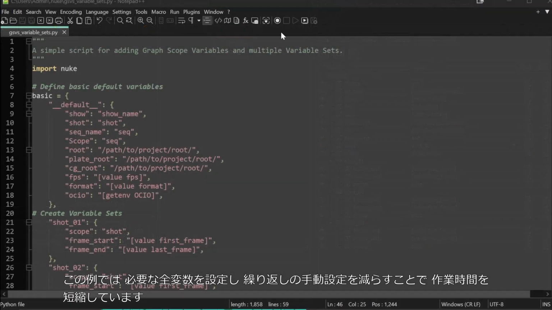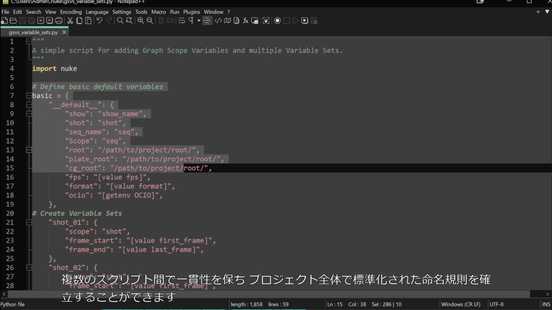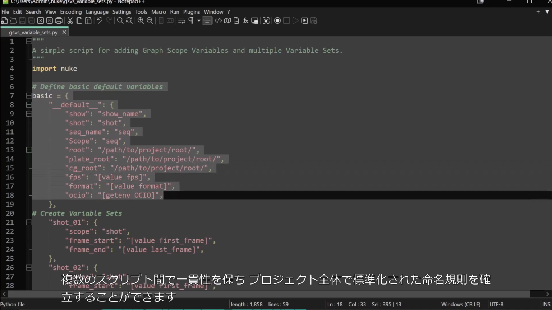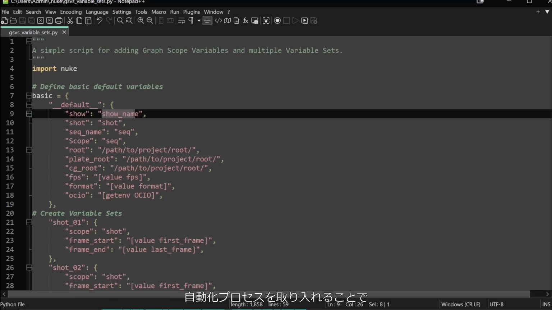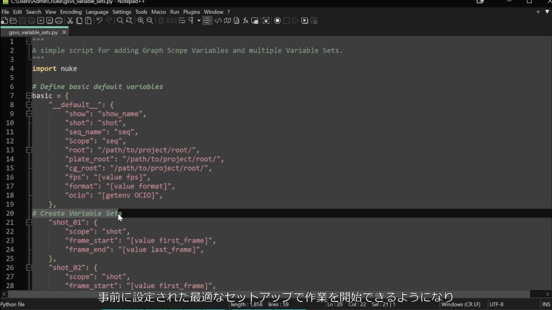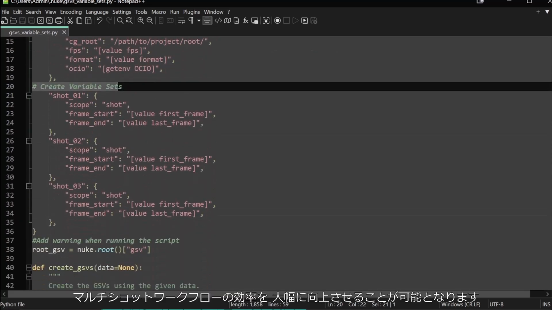In this example script, all necessary variables can be defined, and it saves time by reducing repetitive manual configuration. It ensures consistency across multiple scripts and establishes standardized naming conventions across projects. By integrating these automated processes, artists can work with pre-configured, optimized setups right from the start, significantly improving workflow efficiency